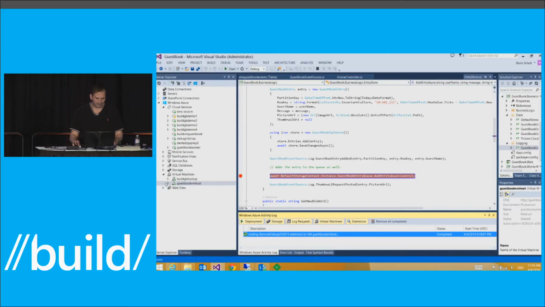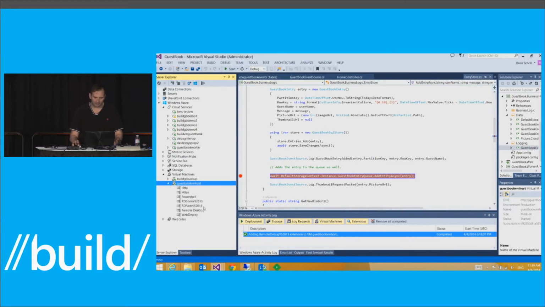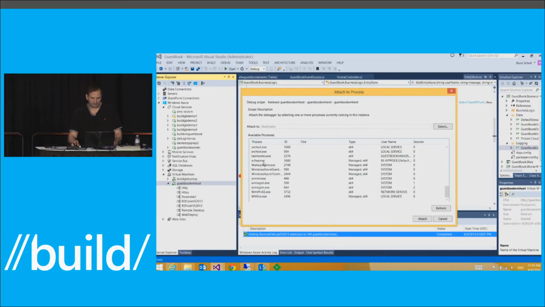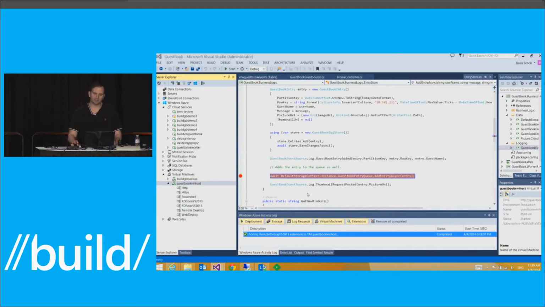If I look at the virtual machine now, I see a bunch of endpoints here, which is RDConVS 2013, so it's a little bit cryptic. But basically, those are the endpoints we add to ensure the communication with the debugger. And now I can go in here and say, okay, I want to attach the debugger. And I get the same window as I was showing to you guys for cloud services. And in here, because I know it's all managed code, I don't have any native code, I just grab the w3wp process, I attach the debugger,